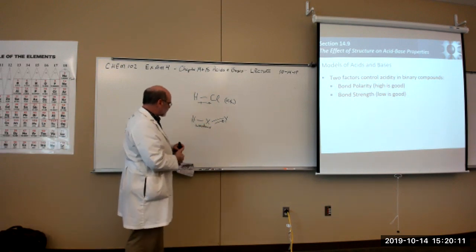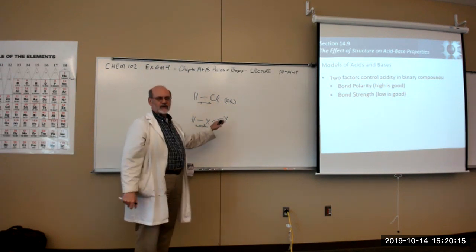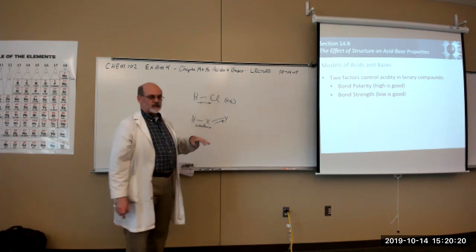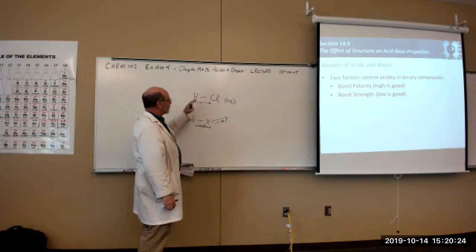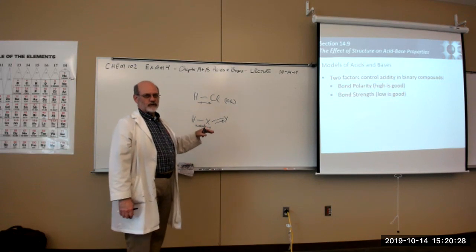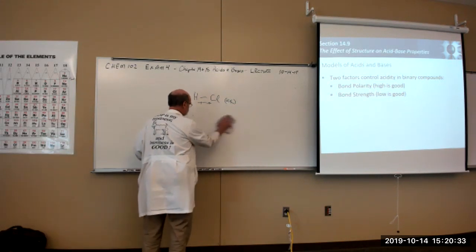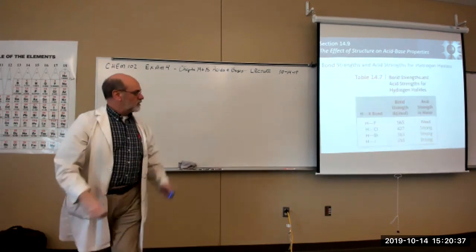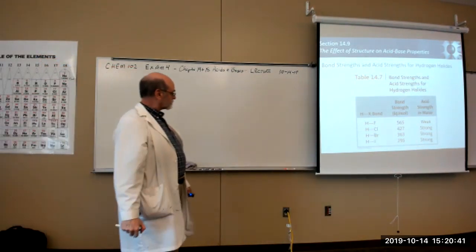So you can increase the acidity of that hydrogen simply by replacing that Y with something with stronger polarity. So in a way, polarity and bond strength are related. But high polarity is good for acids. Low bond strength is also good for acids. Okay, here's an example